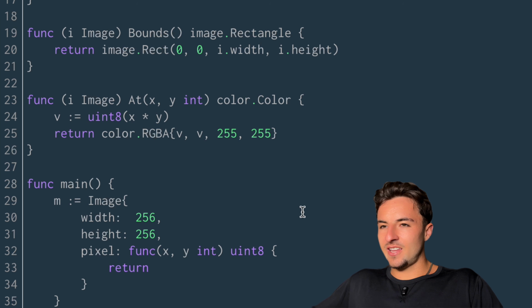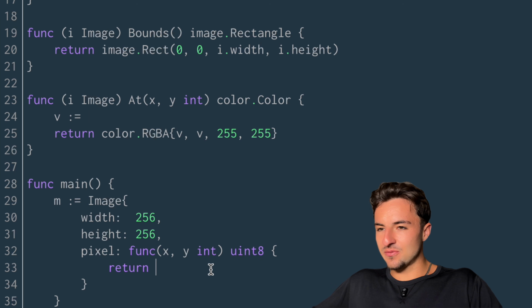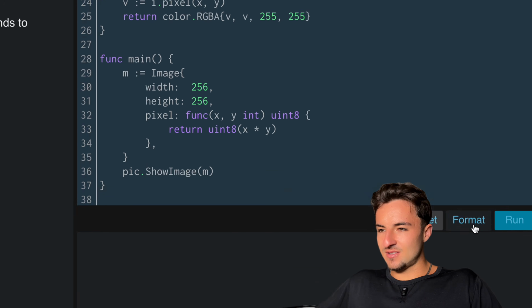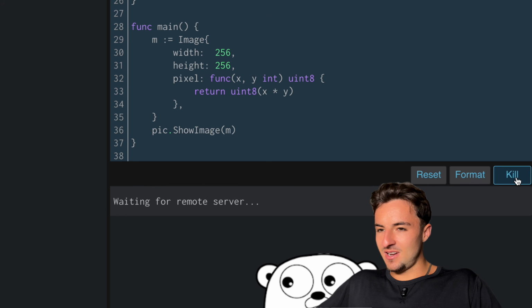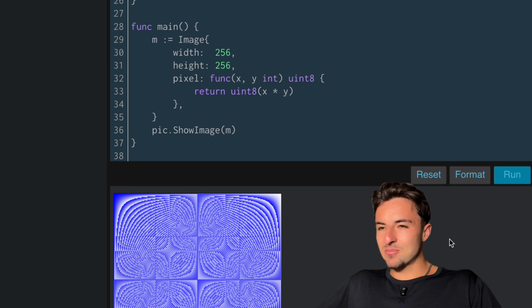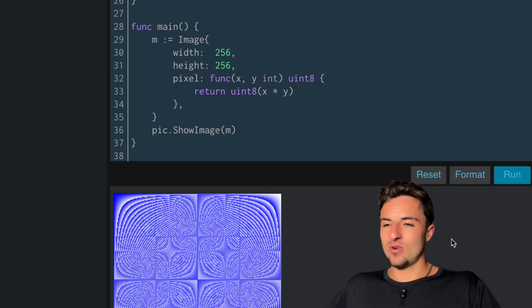return, and then we can grab what we have been previously using as our function, and now call it inside of the At method with i.pixel, pass in x and y. Let's format, see if we made any mistakes. And there we go. Our little program is working just as before, but now we can easily create more images